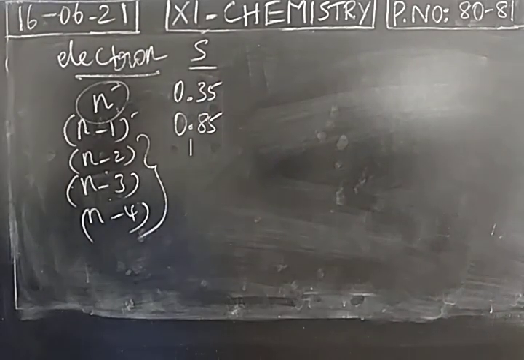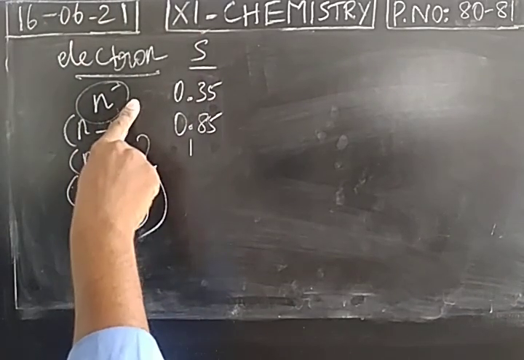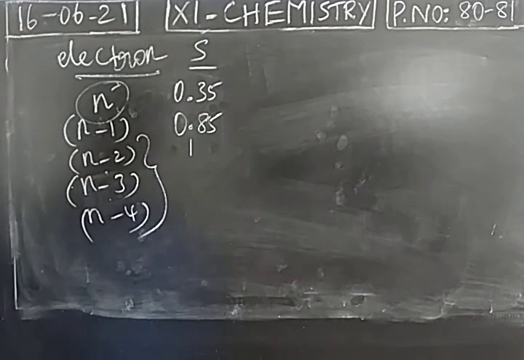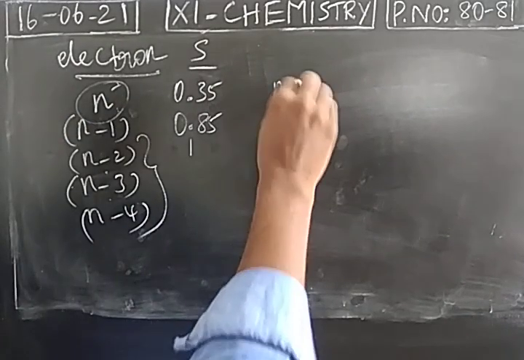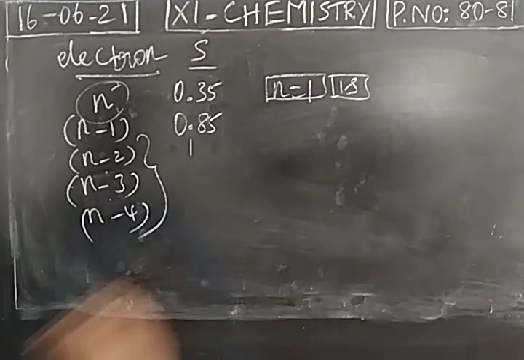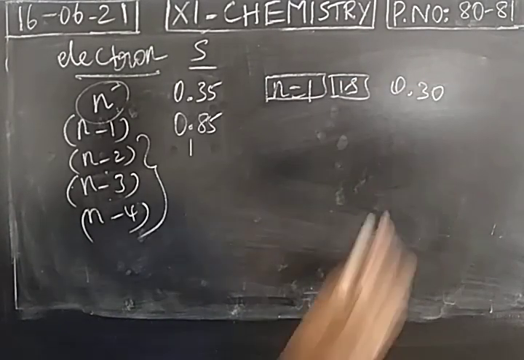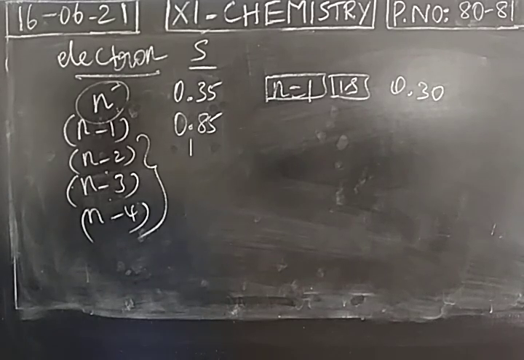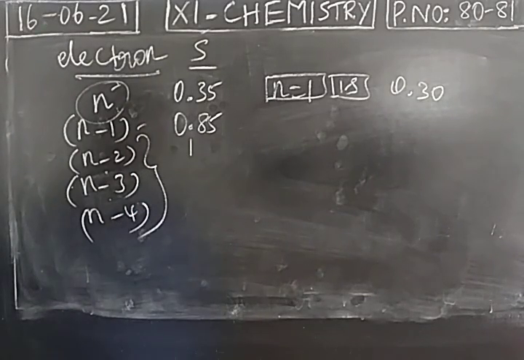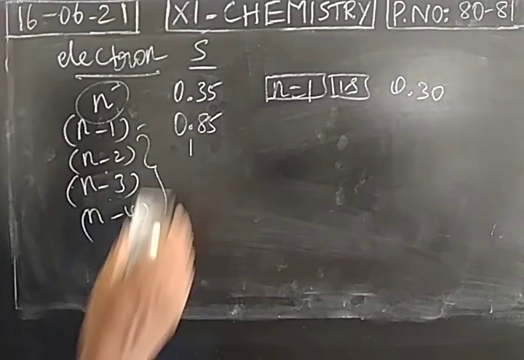So remember carefully, when we select an S electron and P electron, the remaining electrons present in the nth cell contribute 0.35. If the nth cell is the first cell, that means if the orbital is the 1s orbital, the contribution is not 0.35, the contribution is 0.30. The immediate next inner cell electrons will contribute 0.85 towards the screening constant. All other inner electrons will contribute 1 towards screening constant. Okay, next one.